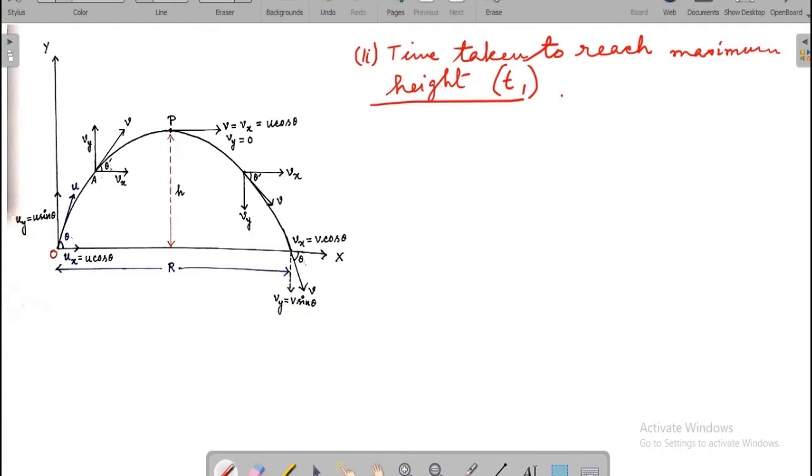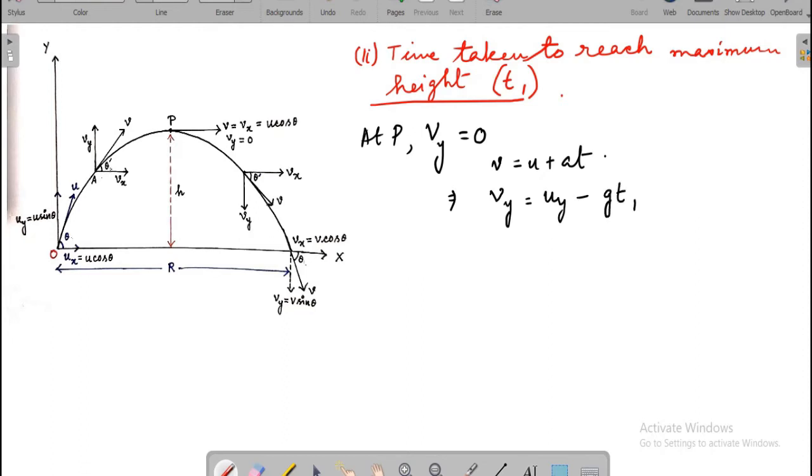Now we know at the highest point, vertical component of velocity is 0. So we know Vy is 0 at P, the highest point. Now we know the relation v is equal to u plus at. If we consider the vertical component, then we can write Vy is equal to uy minus g into T1,